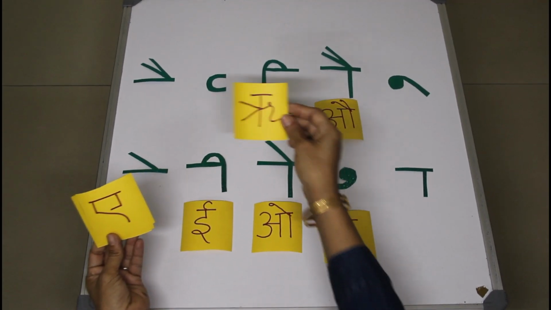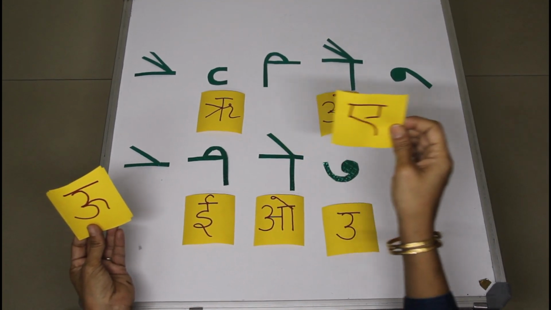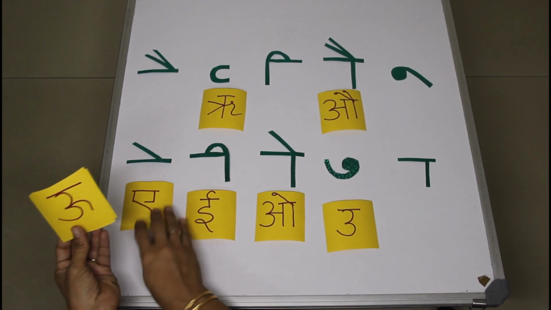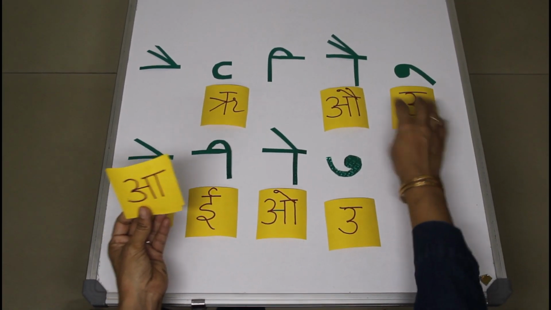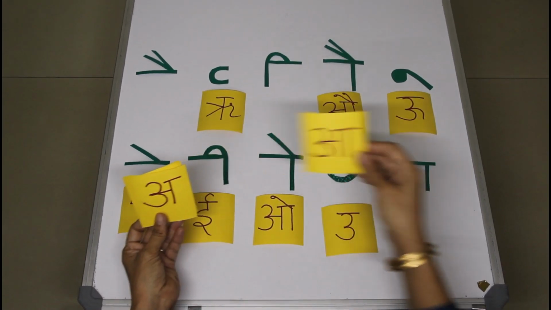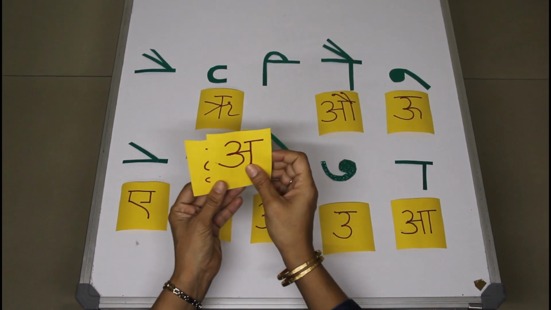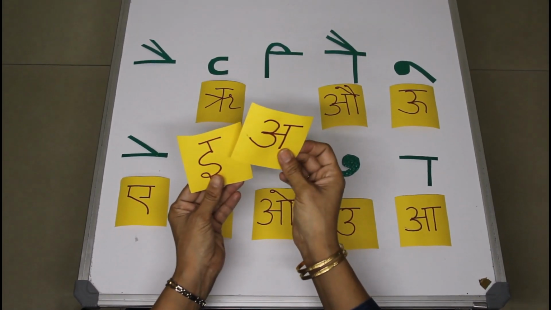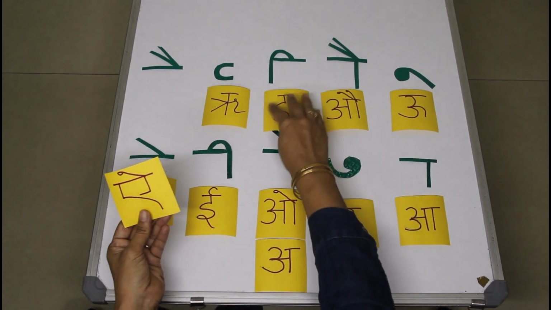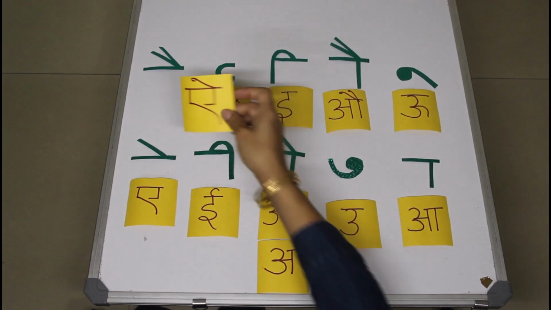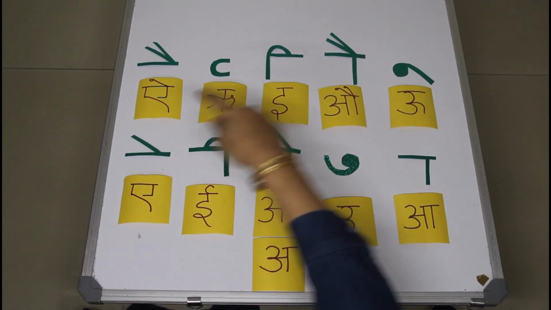Then I get Re. And here it is. Then A in my hand. And where is A? Yes, it is here. Then I have U. So I go and search for U. Here it is. Then is A. I have A here. Then I get A. But we know that there is no extra matra for A. It is just that the halant disappears. So we just keep the A here. Then is E. E comes here. And A goes here. So this way the correct swar are below the correct matras.